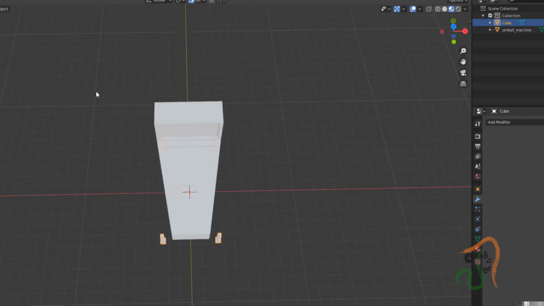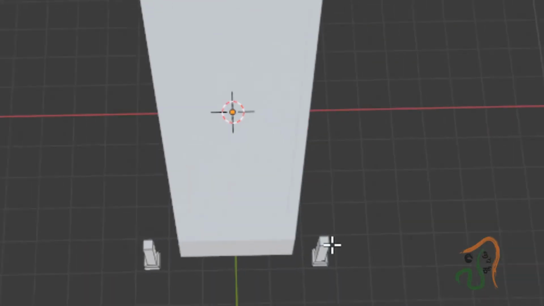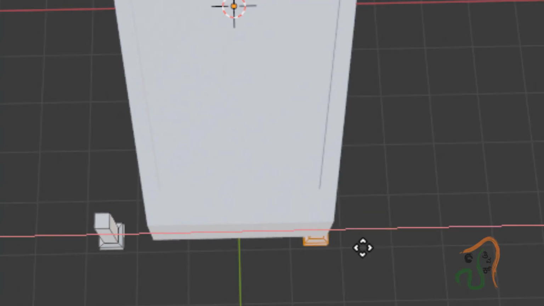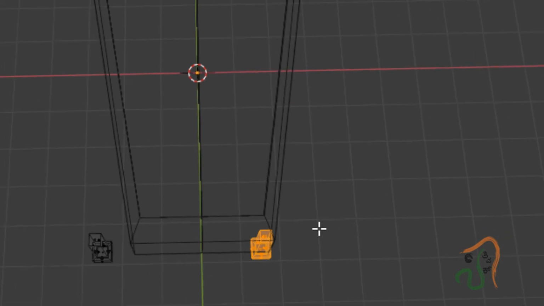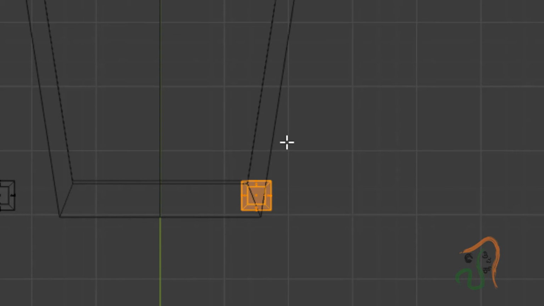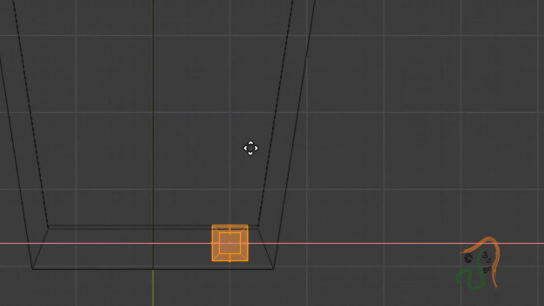Now press Tab again and come over here, and with this face selected, press L. So this entire leg is selected. Press G, and along the x-axis move it inside. If required, come to wireframe view, top view, and see it here, and along the x-axis let us move it a little inside like this.